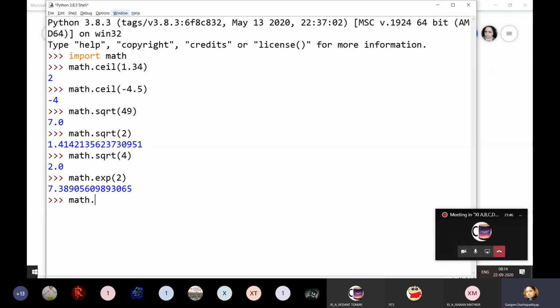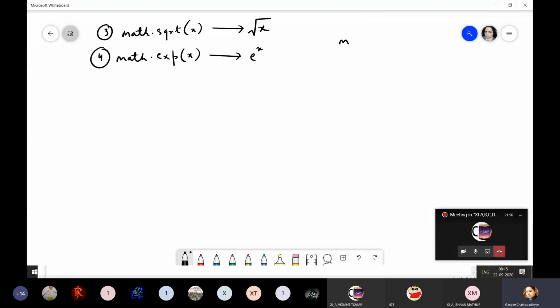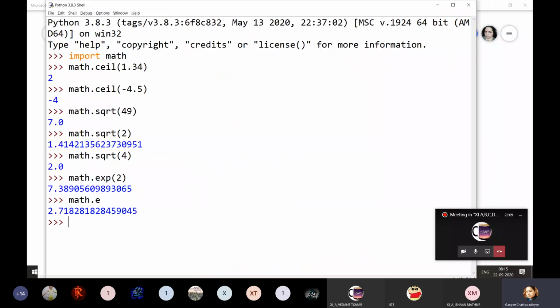And you also have the facility of printing the constant value e, math.e. So this math module provides you two constants also. One is math.e, which is the exponent base, and the other one is math.pi. If you want the value of pi, that is 22 upon 7, you will get that value from math.pi. You can use this math.pi in any of the programs where you calculated the area and circumference of a circle and all those things. Okay.